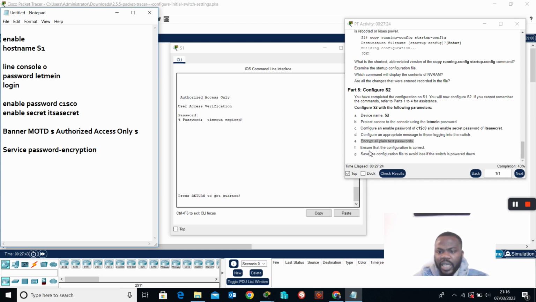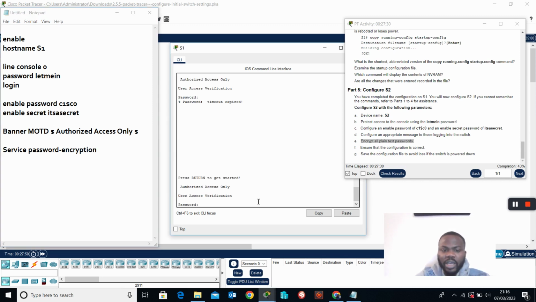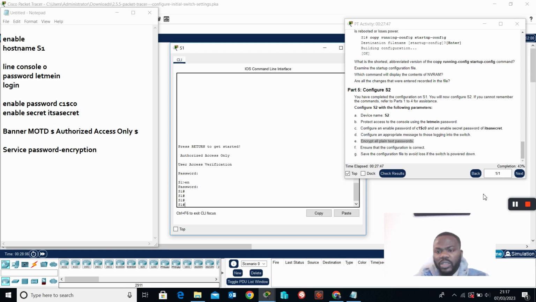And the next one says ensure that the configuration is correct. How do you ensure that the configuration is correct? That's just by doing show running config and confirm that your configuration are correct. So let me in is the first password, and the second password, enable password, is it's a secret. And now that we are in, the last question says save the configuration file to avoid loss if the switch